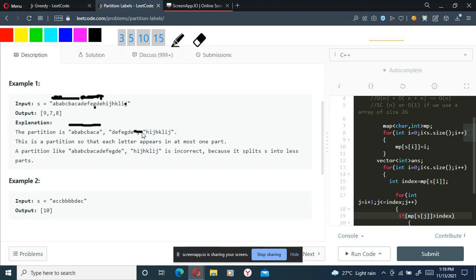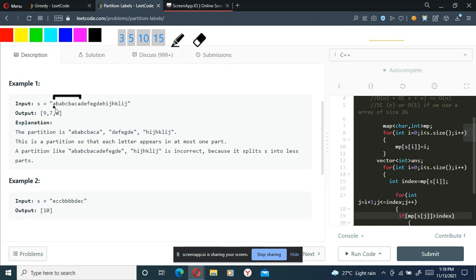Instead, I would have got both of them combined, since I would have extended it till the G. I hope you are getting my point. But if not, I'll explain it once again: the logic is to first take the first character and find its last occurrence. I found the last occurrence of A.